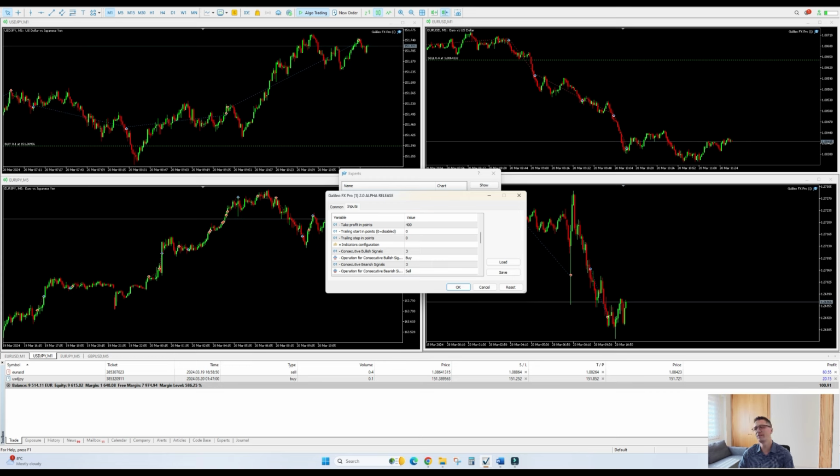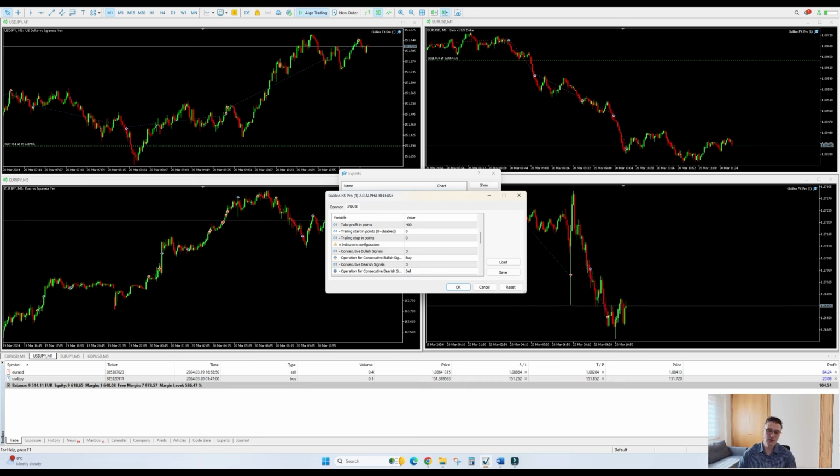But if you are a long-term investor or a swing trader, then the robot will open positions less frequently than on the 1 minute chart or on the 5 minute chart, but with the same approach. Obviously, the stop loss and the take profit in the number of pips should be bigger, because it is one thing to take a trade on the 4 hour chart and another thing to take a trade on the 1 minute chart. So if a trade is open on the 4 hour chart, probably you will have 100 or 200 pips as stop loss and 300 or 400 or 500 or 600 as a take profit. And